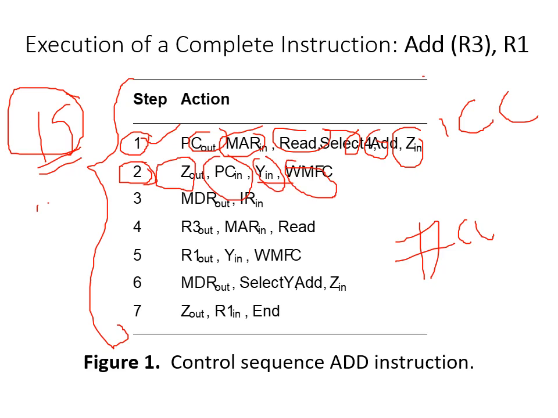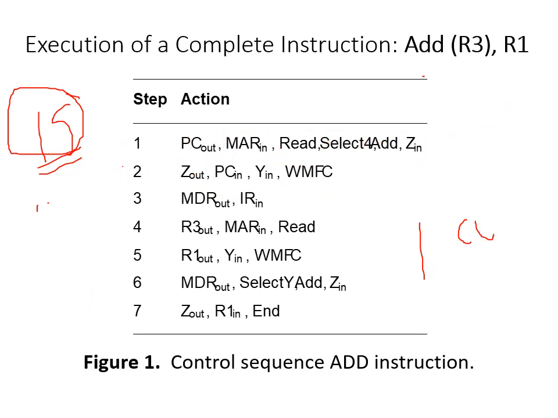So in general, what is a control sequence? It is the information given to the processor for a particular instruction which is under execution, about which basic steps should be executed at which clock cycle. So I hope this is very clear. This is very important: every step of the control sequence must be executed in one clock cycle.